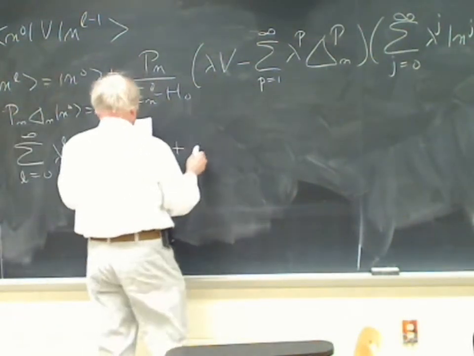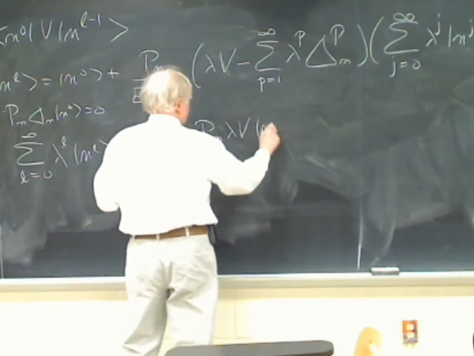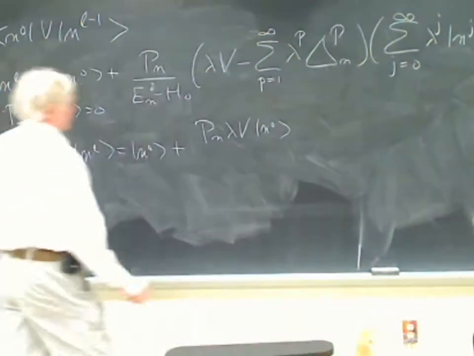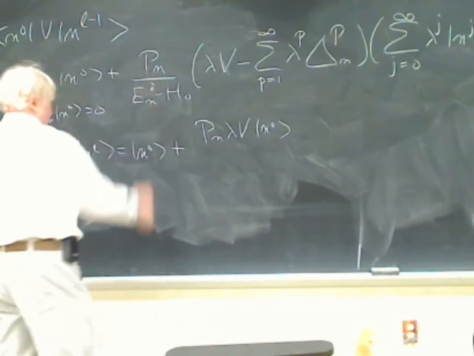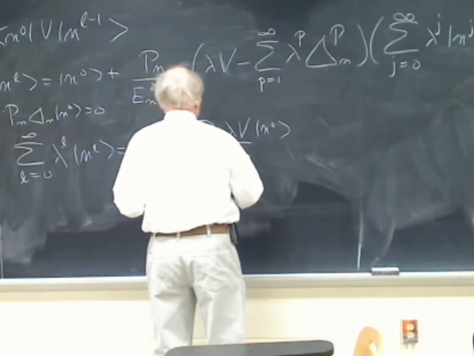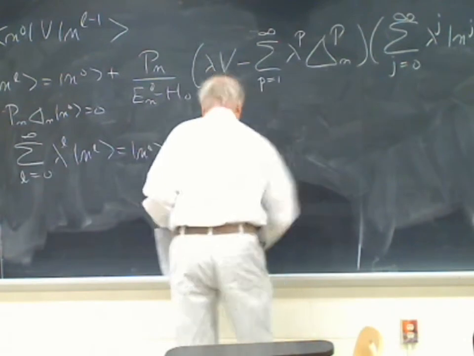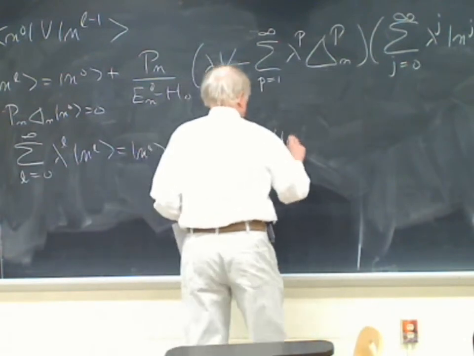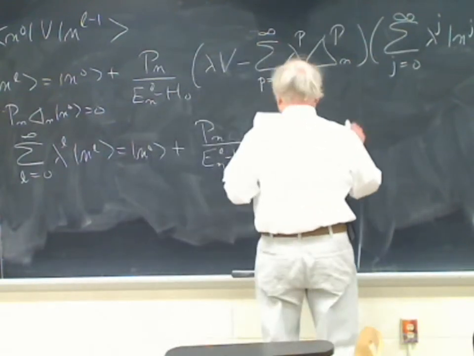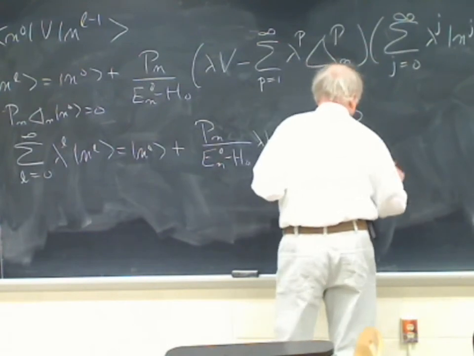plus, so we're going to split this up a little bit. It's going to be P n lambda V n0. So the n0 state, in other words, only survives when protected by the potential from the projection operator. So this is E n0 minus H0. And that's actually a bad way of writing it. Let me rewrite it. Lambda V n0. Okay, and then the rest of it is plus P sub n over E n0 minus H0